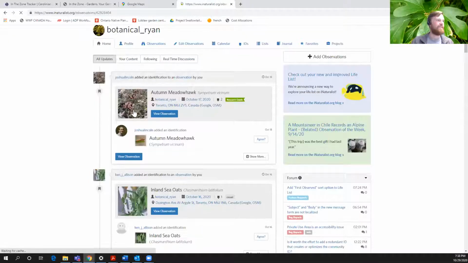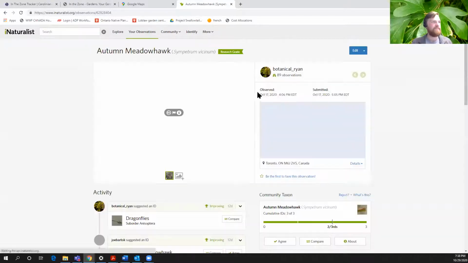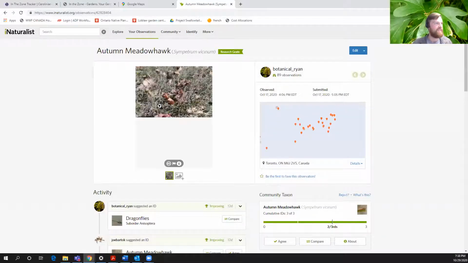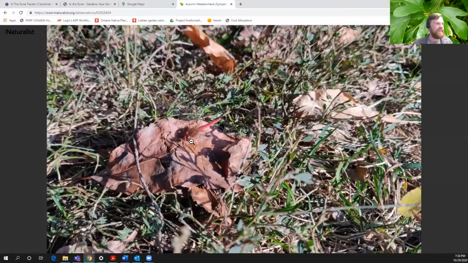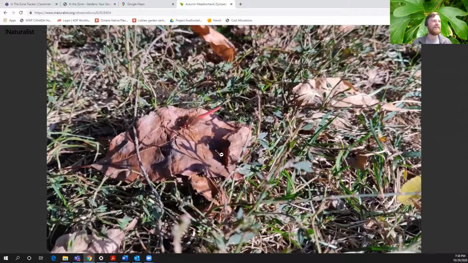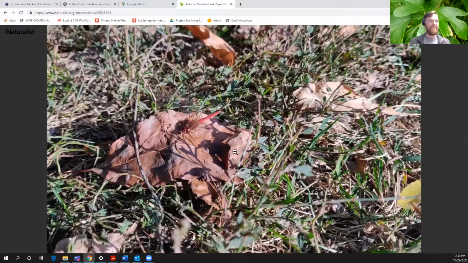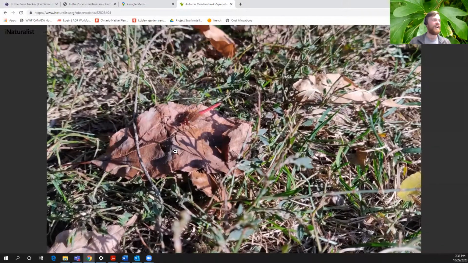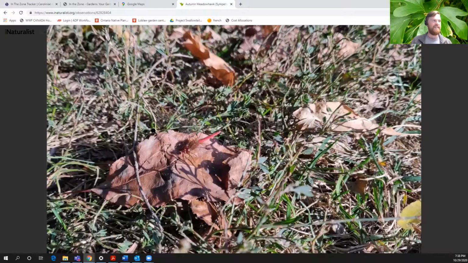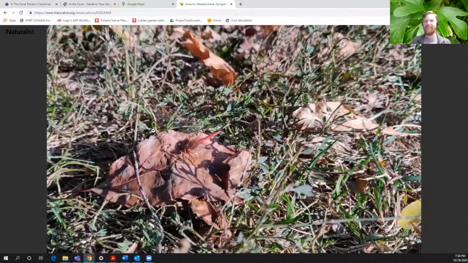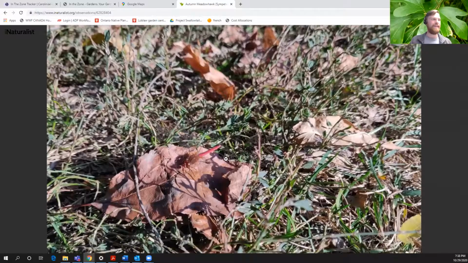So I took this photo a little while ago in Trinity Bellwoods of, I know it's hard to tell, it just looks like a leaf, but if I zoom in on it, there's a dragonfly there. I saw this little dragonfly while I was sitting in the park with a friend, having a chat, and it landed on this leaf, and I took a picture. I had no idea what this dragonfly was, not the first clue. I don't know dragonflies. I don't hardly know anything about them. I know maybe two species that I can identify off the top of my head.